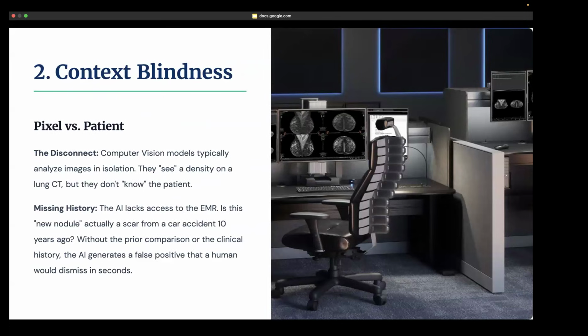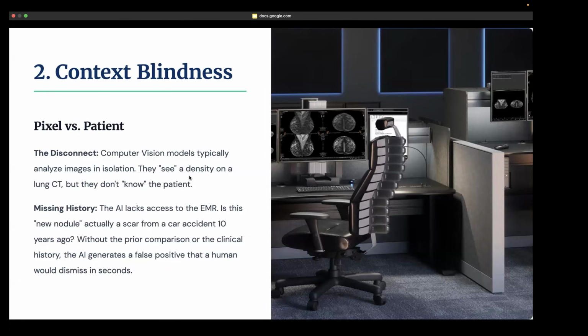The other issue is context blindness. So we have computer vision that typically just looks at images in isolation. And that's what people usually think radiology is like: you look at the images in isolation. But there's a reason why we have to go to medical school as well. You have to know the actual background of the patient to be able to make